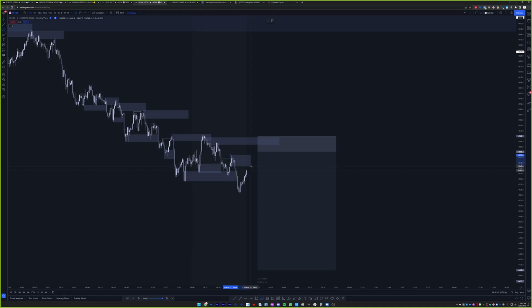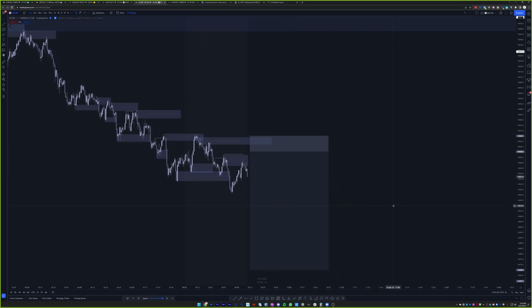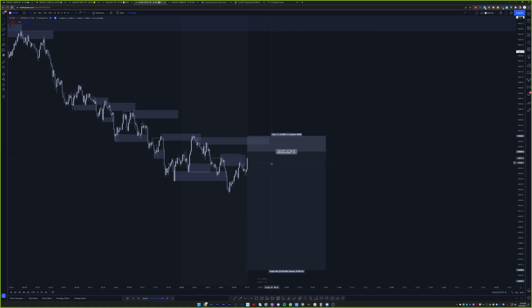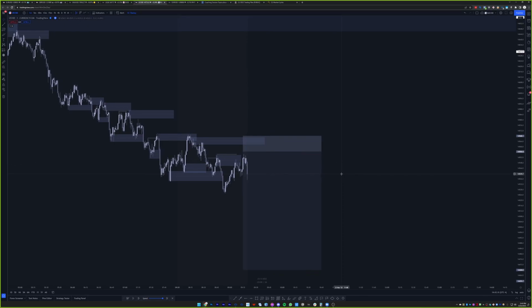There's this level that you could have taken, but when I see this, I'd rather just play the edges. Why play internally here and get a worse fill and have a high likelihood of getting swept, versus playing that zone or the one above? So it's exactly as you have it marked out, and this is exactly how I entered. I entered market with a 117 tick stop, which is pretty small for US100. Typically they're like 200. But with FTMO, it's nice. Their spreads are tiny, like a couple ticks.